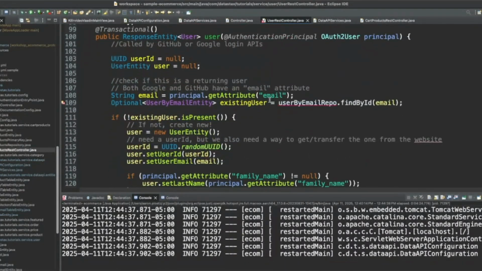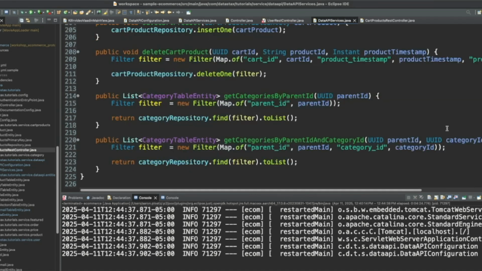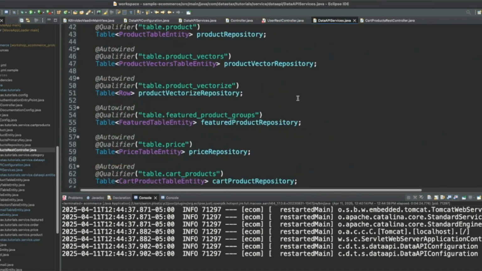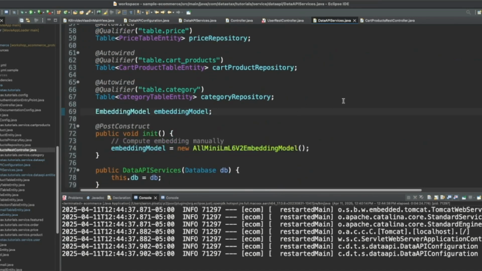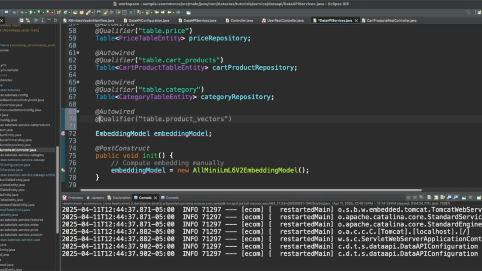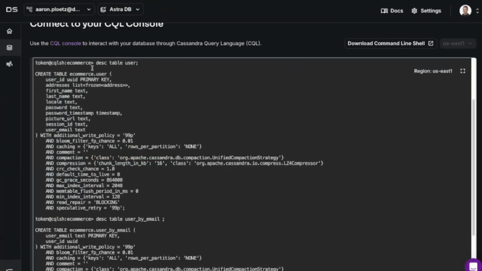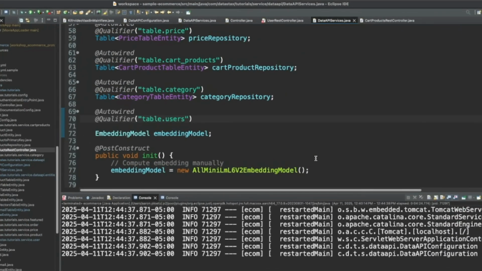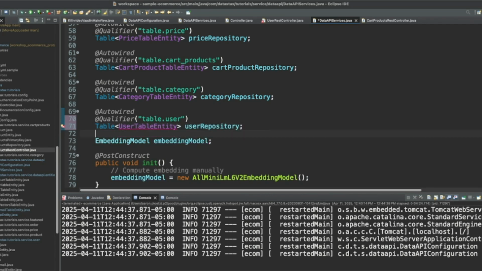So first one I see here is this user by email repo find by ID email. And we are going to want to auto wire up these tables. And we want table user, singular. And that's going to be table user table entity.